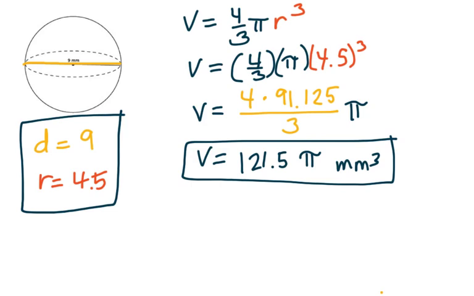So first and foremost, you have to be using radius, not diameter. We're given diameter, not radius. So I begin by reminding myself that if the diameter is 9, the radius is half of that. That's 4.5. So when I substitute into the equation, I have volume equals 4/3 times pi times 4.5, and that